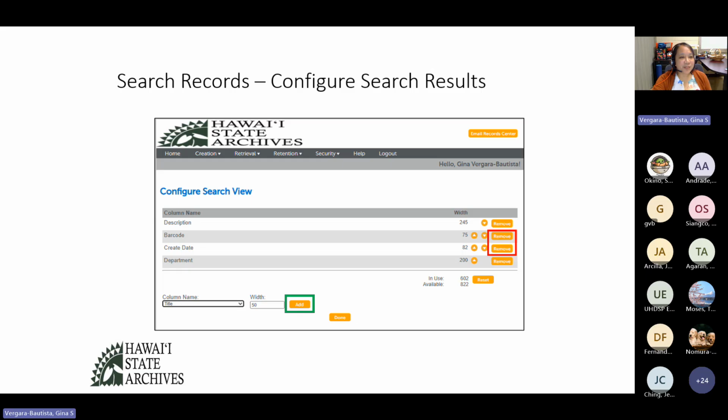It will show which columns are already showing. You can actually remove barcode. You don't need that. That's for us to use. You don't need the create date most likely, but there are some columns that you want to add. So this is where you click on this down arrow and it'll list all the different fields of information, and you can add the ones